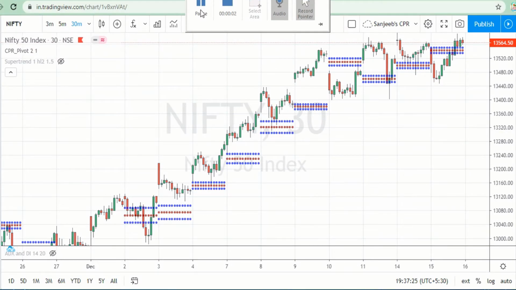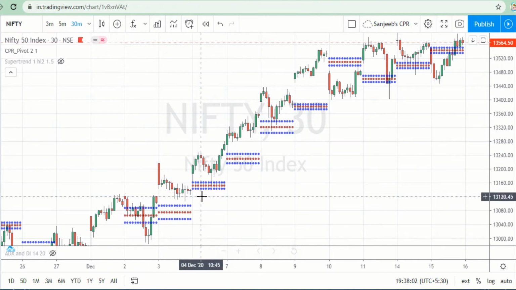This is the Nifty chart of 30-minute time frame. I will take 30 minutes for showing how the trend is going on. Okay, in this, notice how the centrals remain beneath an uptrend to serve as support on the way up, while remaining above a downtrend serving as resistance on the way down. Essentially, each pullback to the pivot range is a buying opportunity.